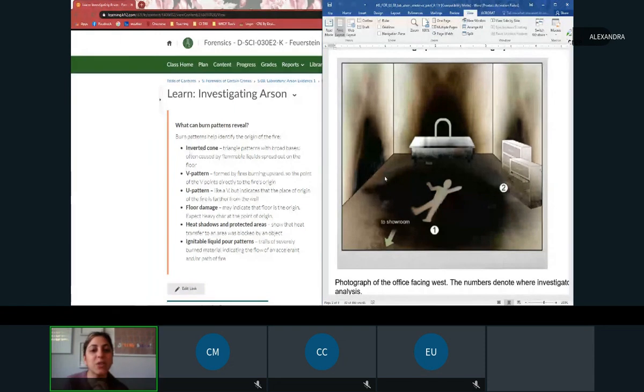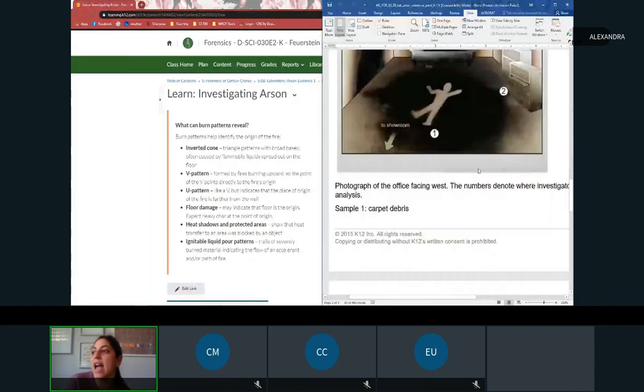The floor, yeah. So we can start to see that most of the fire started from the floor. You can tell by the floor damage. And then these inverted cones, right? These inverted cone shadows are also an indicator. Good. Okay, so then let's take a look at our next